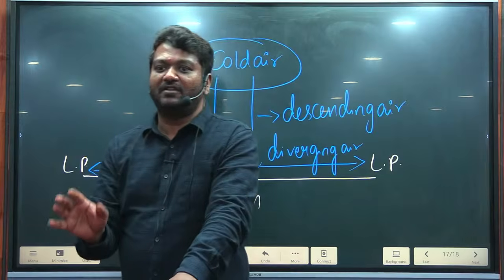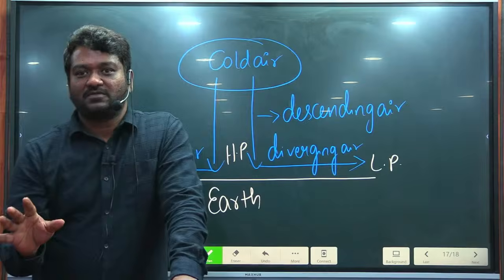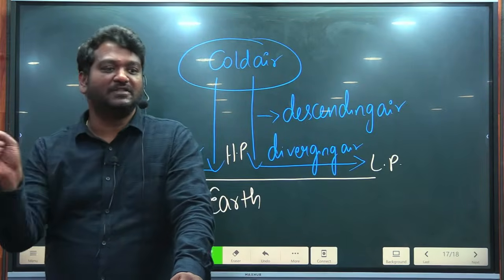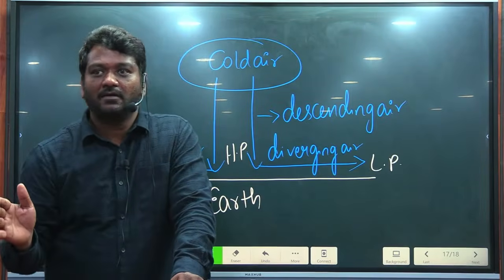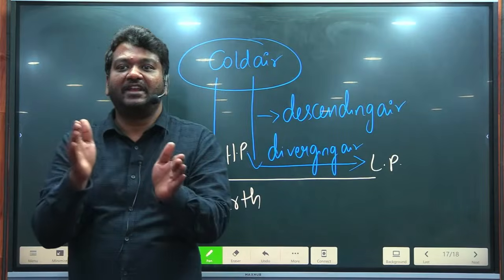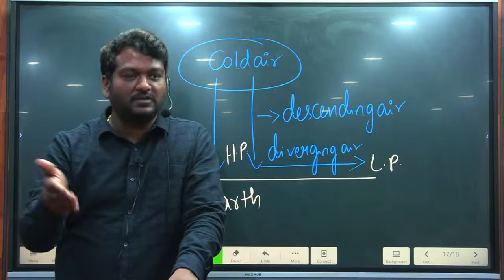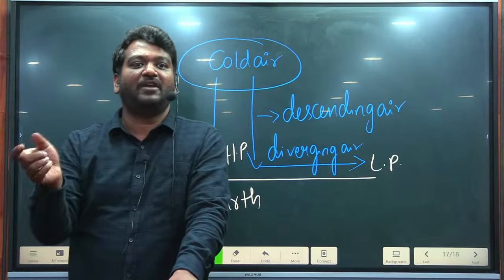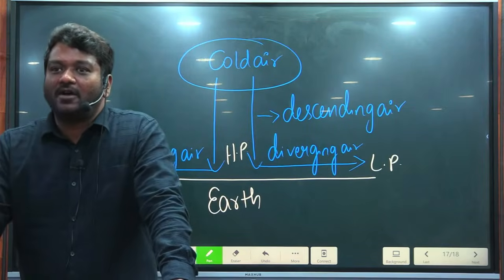But my only thing is, if you keep marking in atlas, it's of no use. You will forget. See, today you bring a new atlas, nothing is marked. At the end of coaching, everything is marked. So you don't know what is the use of it. So I want you to segregate and write. Plain maps you keep. At the end of the books, you can paste it later, so that any time you revise, it is there.